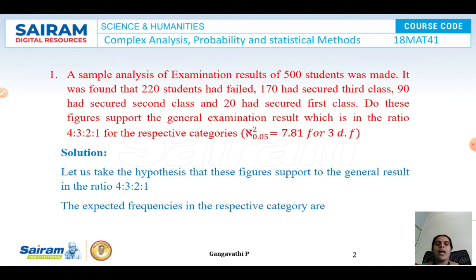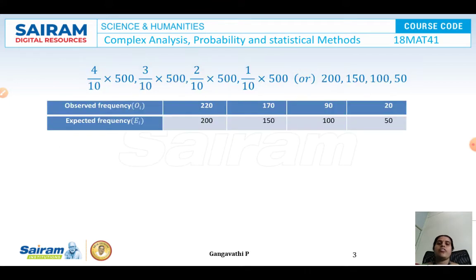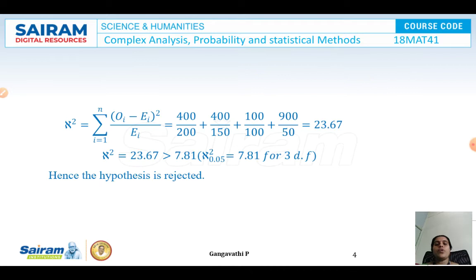So what about the observed frequencies then? 220 students, 170, 90 and 20. So they are the observed frequencies which we have tabulated here, and the expected frequency we have calculated now. Knowing the values of expected and observed frequency, we can evaluate chi-square by using the formula summation i varies from 1 to n, (Oi minus Ei) whole square by Ei. So it is 400 by 200 plus 400 by 150 plus 100 by 100 plus 900 by 50, which is equal to